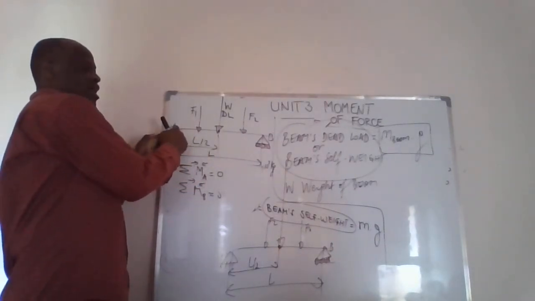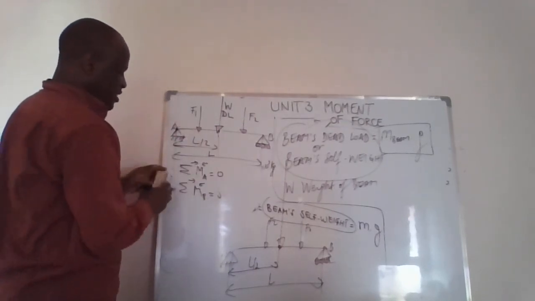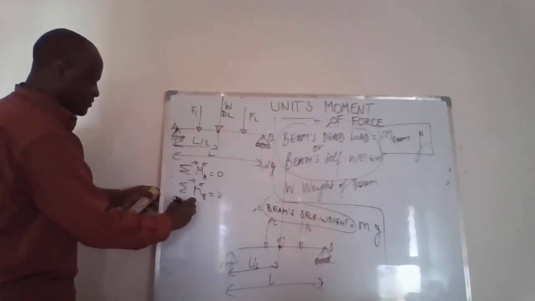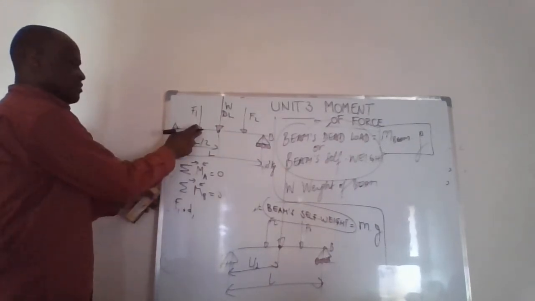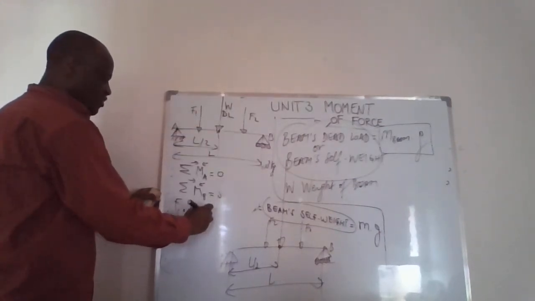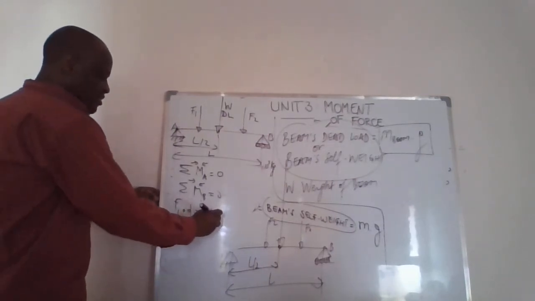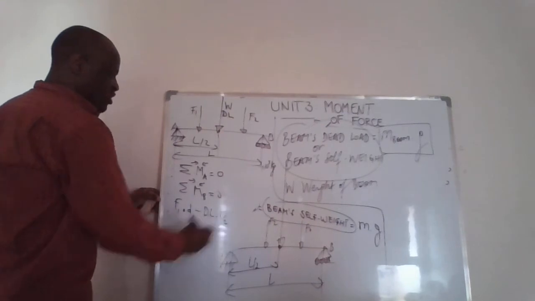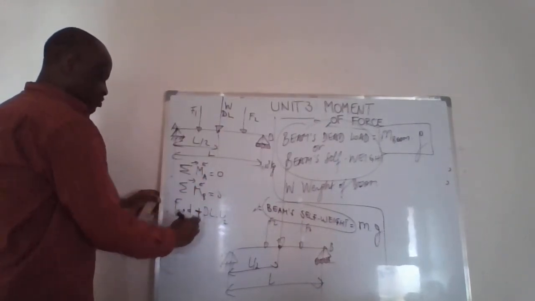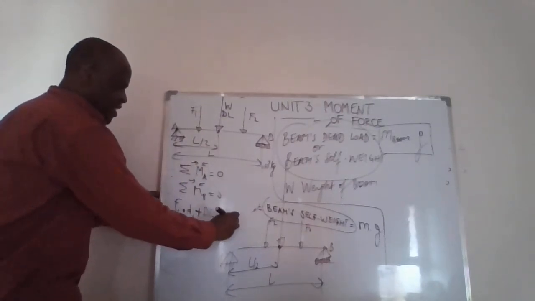When you're doing the moment about A, the equation will have F1 times D1, and the moment is clockwise, minus the dead load, or this beam's self-weight, times the moment arm, which is L over 2. Not minus, it's plus, sorry, because the moment is positive, plus